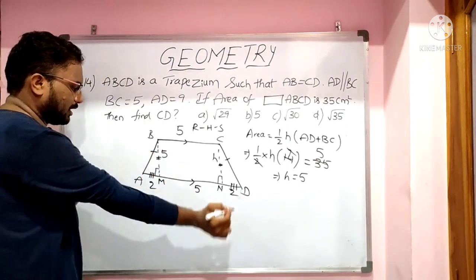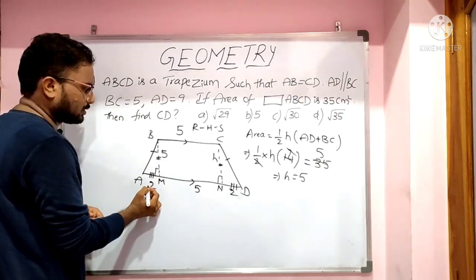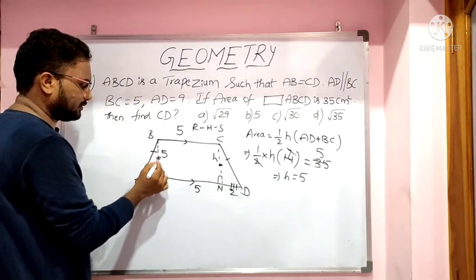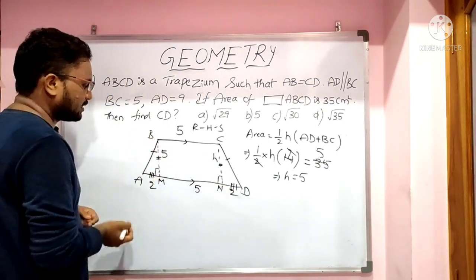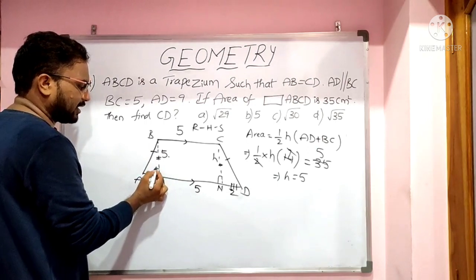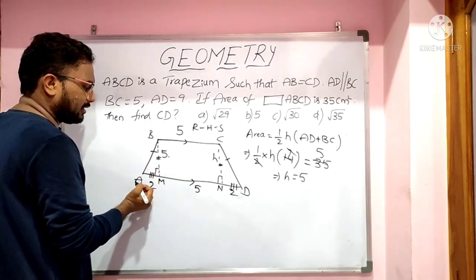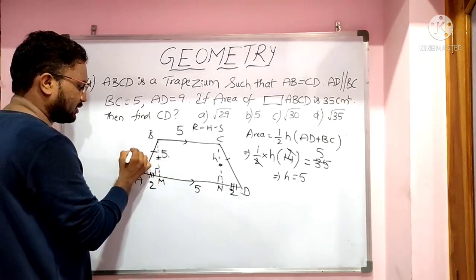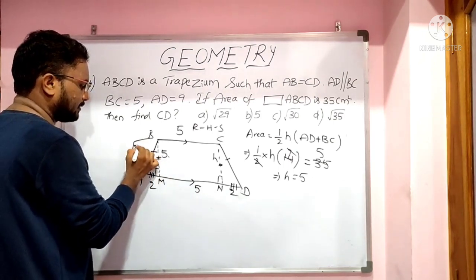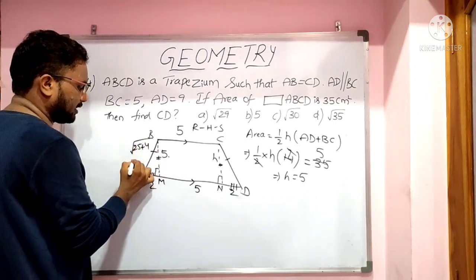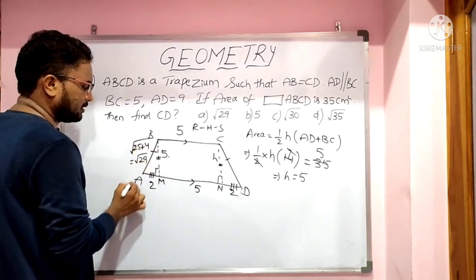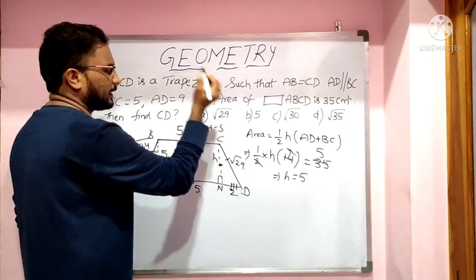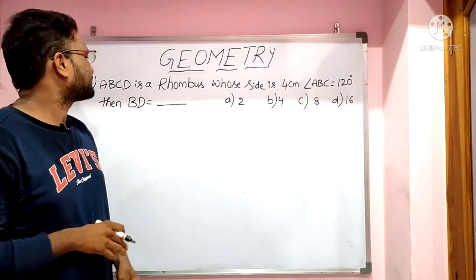So this is 5 and this is 2. We need to find the length of CD. So this length we need to find. Both are equal, so we need to find the length of AB or CD. If this is 5 and this is 2, this is a right angle triangle. In a right angle triangle, hypotenuse square equal to the sum of the squares of the other two sides. So square root of 5 square 25 plus 2 square 4, so the answer is square root of 29. So this is root 29, then this will be root 29. So the answer is root 29.